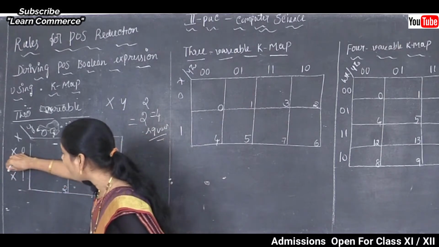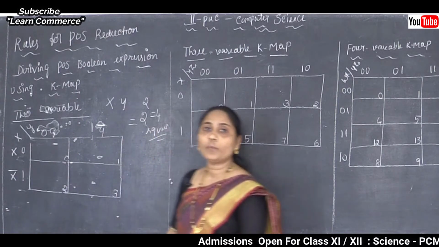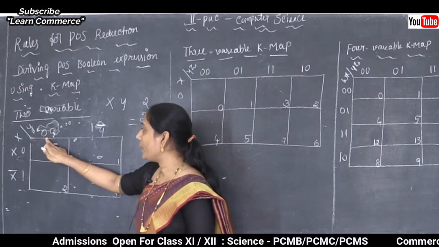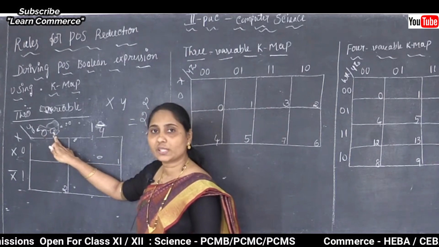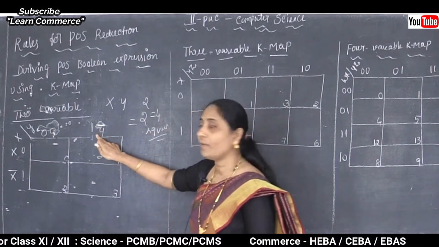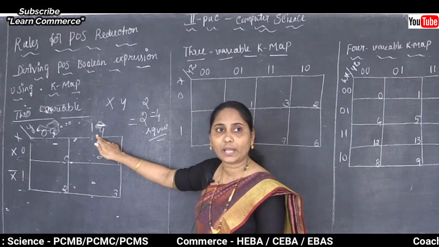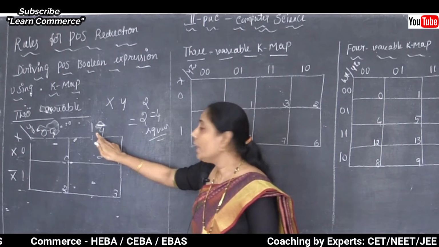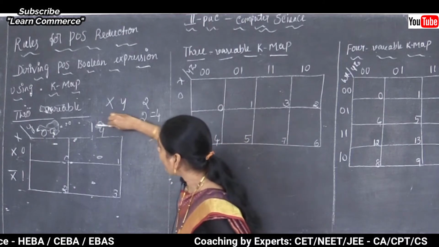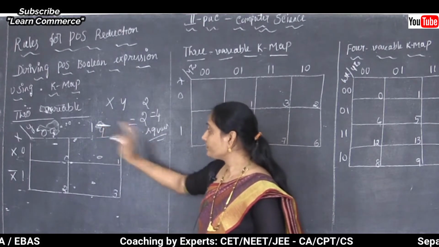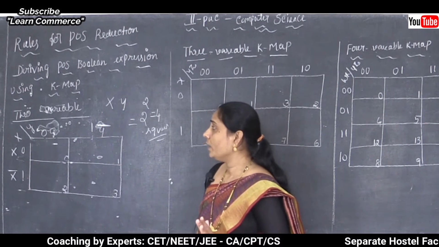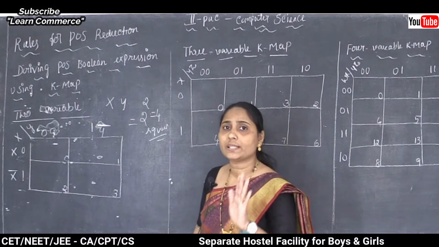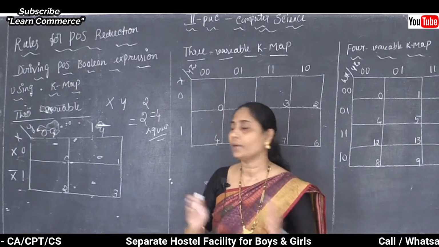Clear this point here? So I am using the complementation of x, and at the top of the K map where the value is 0, I am just using y. But where the value is 1, how are we going to take it? We are using the complementation of y. So this is about our left side 0 and 1 values, and the top 0 and 1 values, which depend on the variables x and y here.